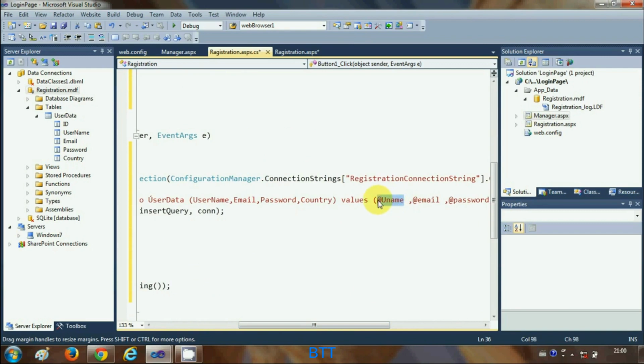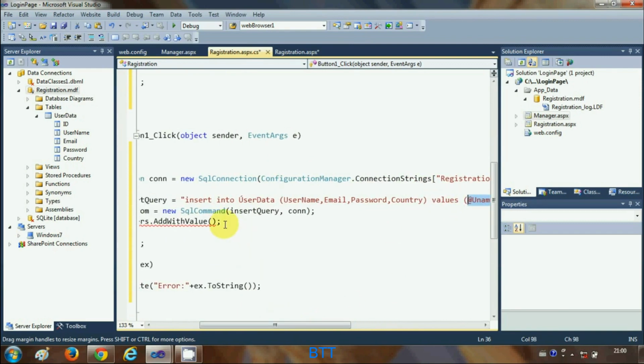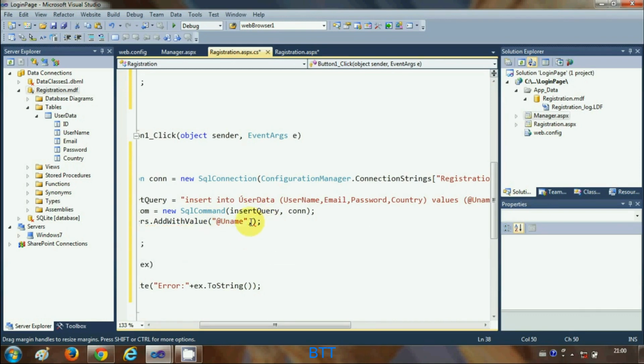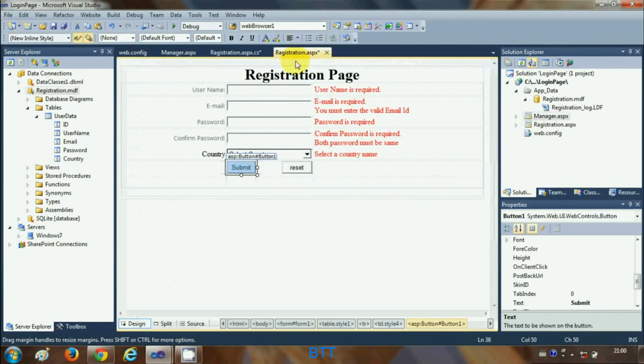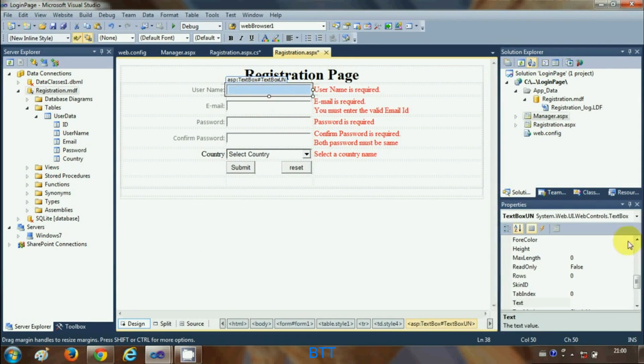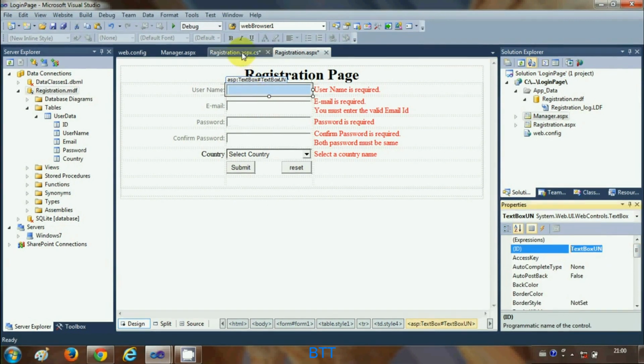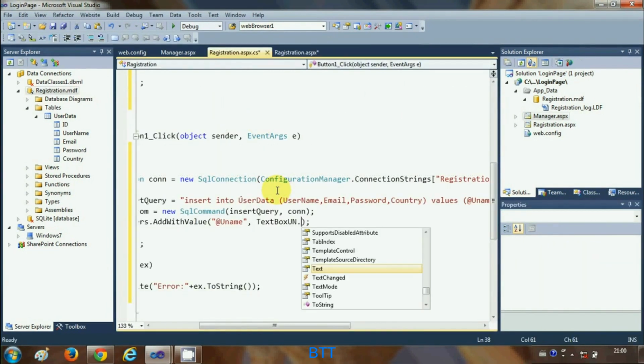First is this argument, which is @username, and the second argument, in double quotes first of all, would be our text box from which we are taking the values. So the first text box was username, so TextBoxUsername